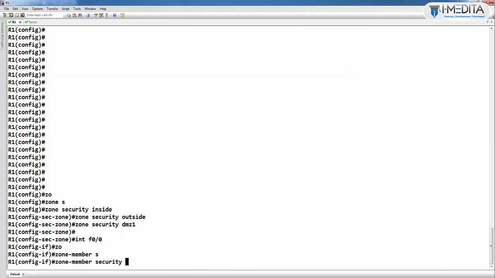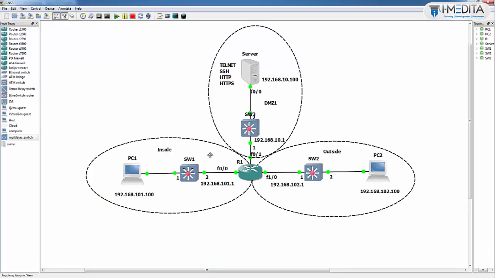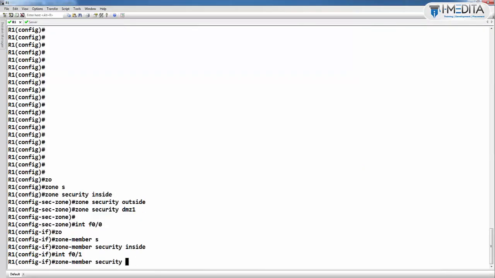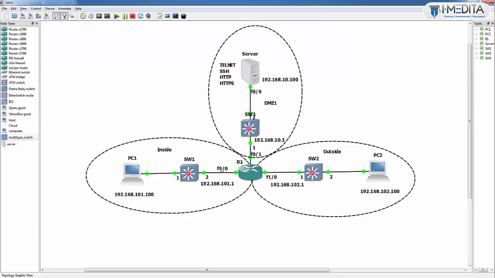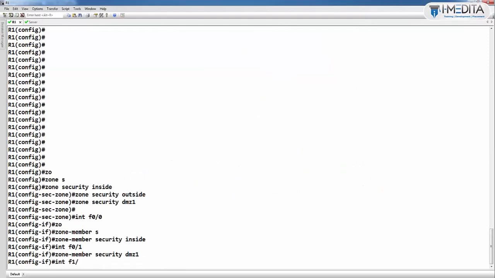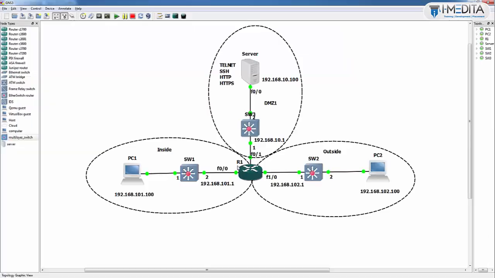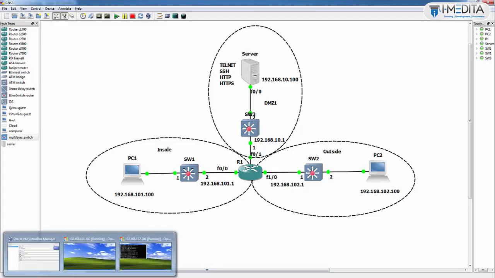F0/0 inside, 0/0 inside, 0/1 DMZ1, yes, DMZ1, and 1/0 outside, 0/1 outside. Okay. After creating zone and assigning them to interfaces, check reachability,